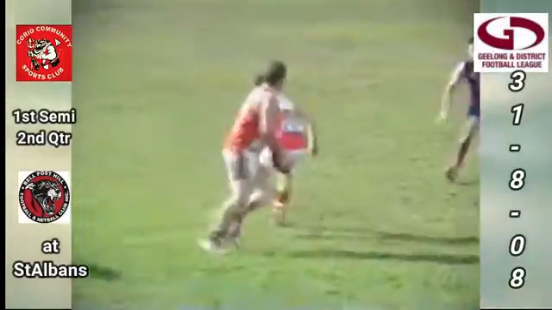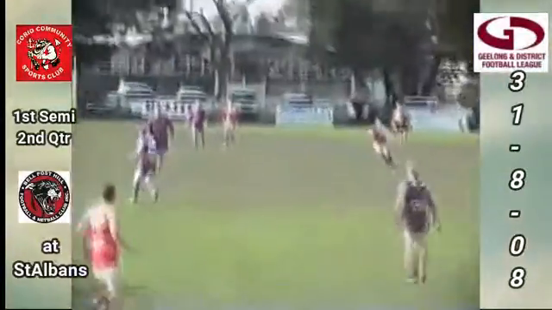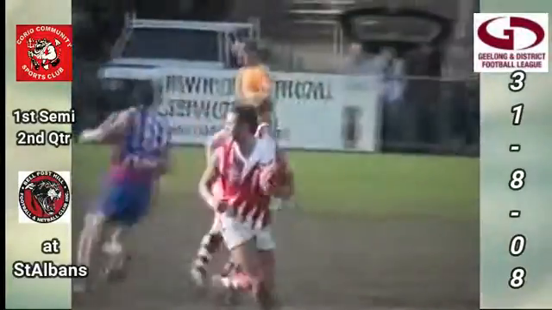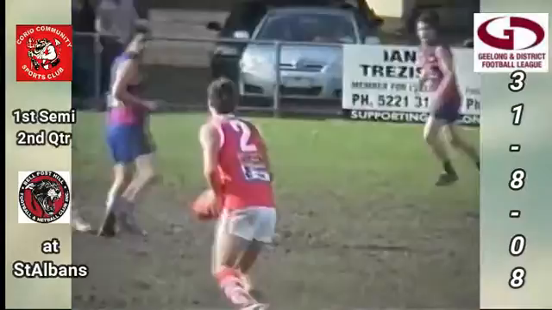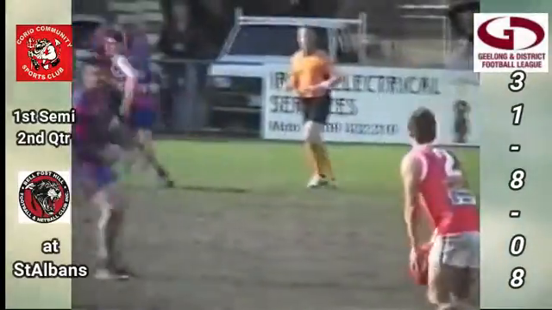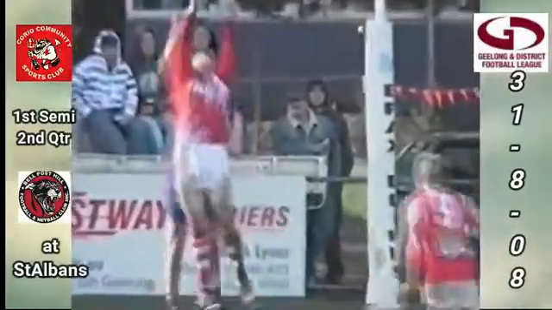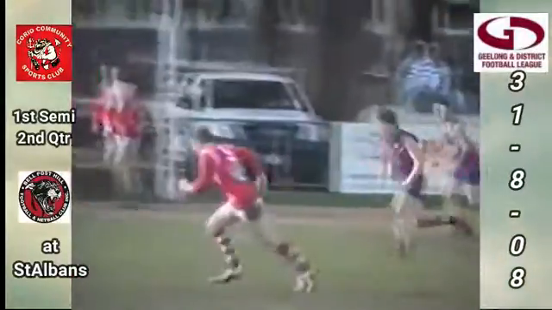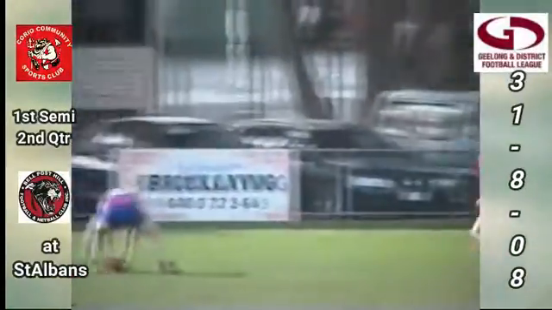But again, the ball comes back again. Looking for a diving mark there, dropped by Carter for Belpost Hill, picked up by Billy Nichols, goes back to half forward, and there's Werner. Good mark from behind, and Scotty Werner now. Outside 50, long kick to the head of the goal square. Contest up there from behind. Belpost effect to spoil. Baseley gets the ball, and luck is a fortune. They've kicked it across the face of goal.